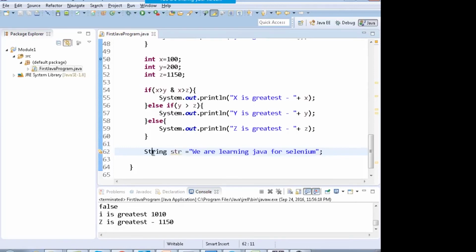Look, the color of string is not the same as the reddish color you have for the data types. This is because string is not a data type. String is an inbuilt class in Java which we use. There are lots of features of this class which I will be discussing, not right now, because I want to cover object oriented programming first, then only can I cover the string class in more detail.